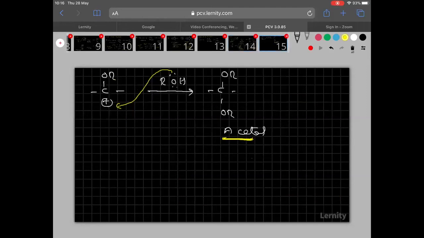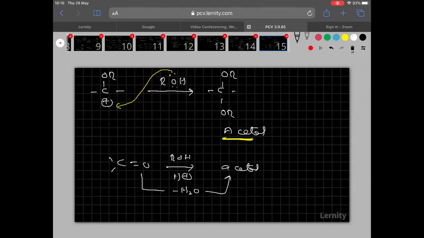So can I write like this then, overall meaning? So you see now, this is the carbonyl. When this carbonyl is treated with alcohol in presence of dry H plus, then acetal is formed. How is acetal formed? By removing the water molecule, acetal is formed.